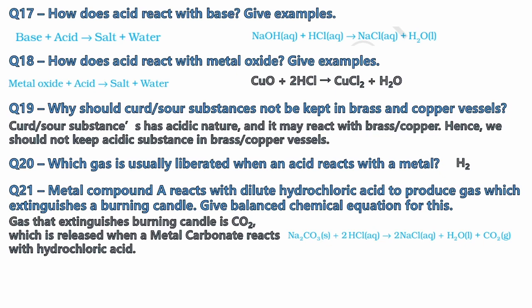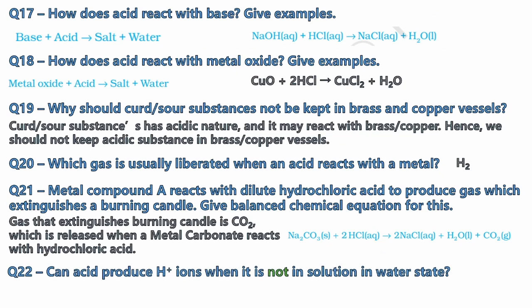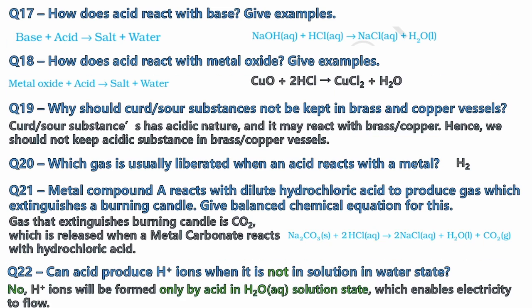So this CO2, carbon dioxide, is what extinguishes the fire on the burning candle. Can acid produce H plus ions when it is not in a solution in water state? No. H plus ions will be formed by acid only when it is in a solution state in the water. When you take HCl and dissolve it in water, only then will HCl be able to create